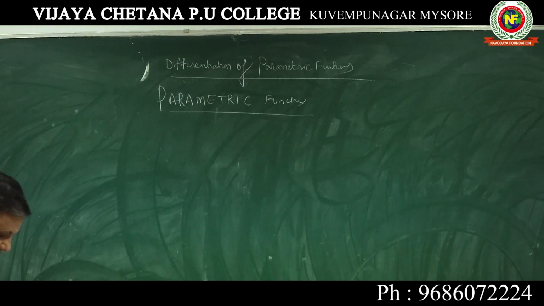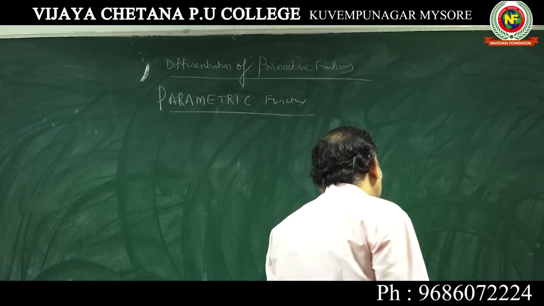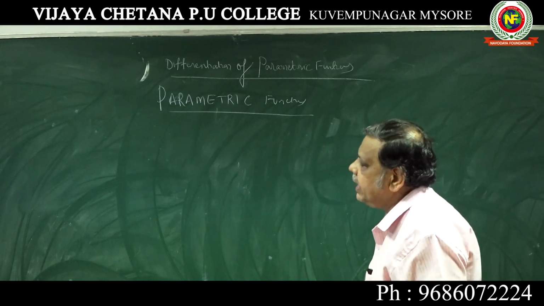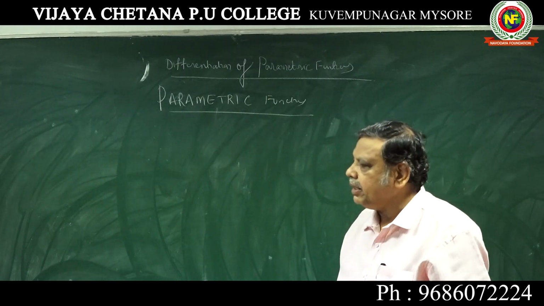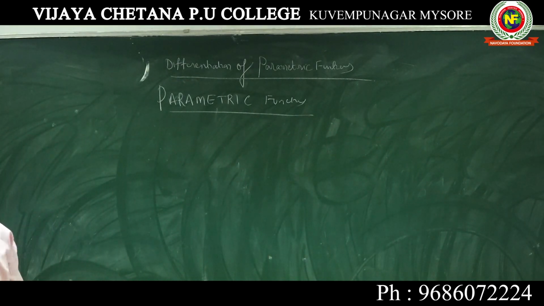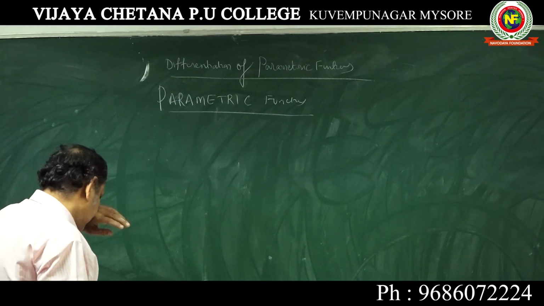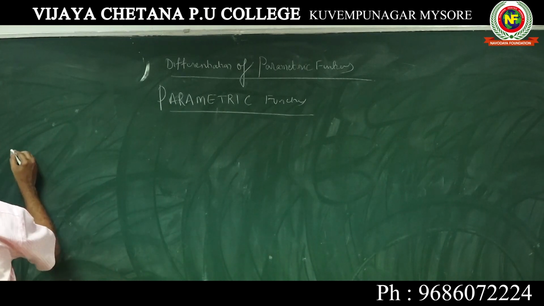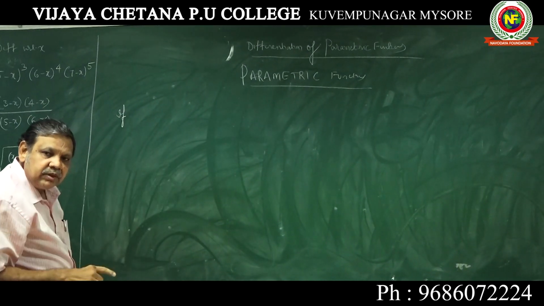And chain rule, you know, where two functions are there. Logarithmic function, both the base as well as the power are functions of x. Inverse trigonometric function, you can identify where it will be there. Now what is a parametric function? Now you write down what is a parametric function.